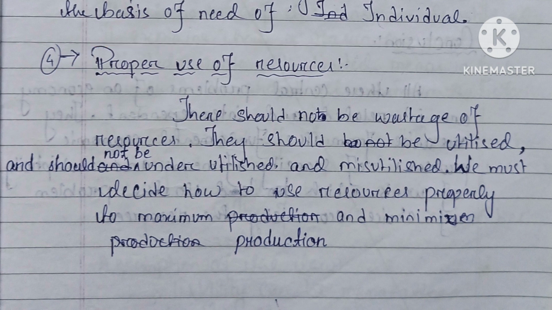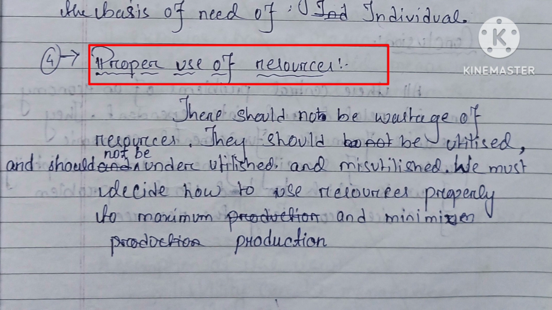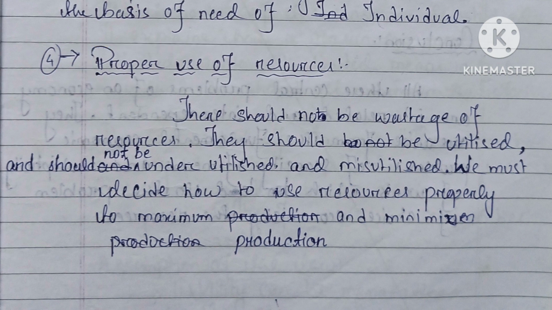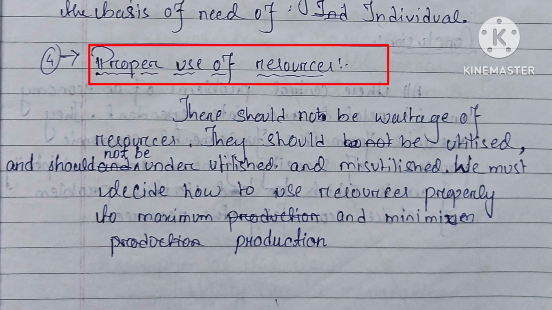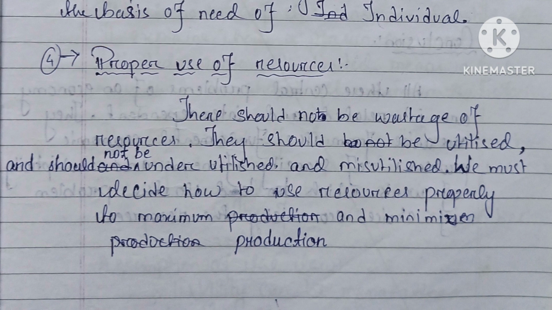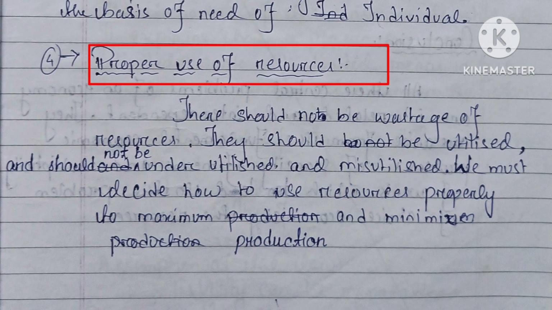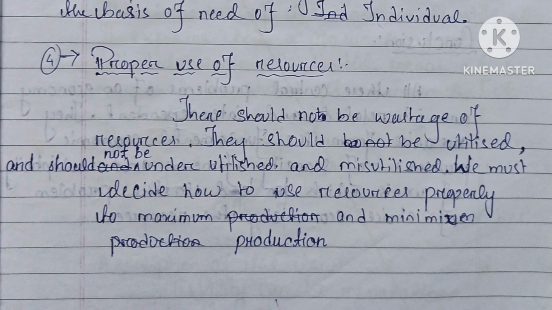Therefore, we need proper planning so that we utilize all the resources in such a way that we get the maximum possible advantage while producing a commodity. So with minimum resources, maximum produce, that is what we desire. And the next point is the fifth one, the additional point. You can write this. This is all about economic development.